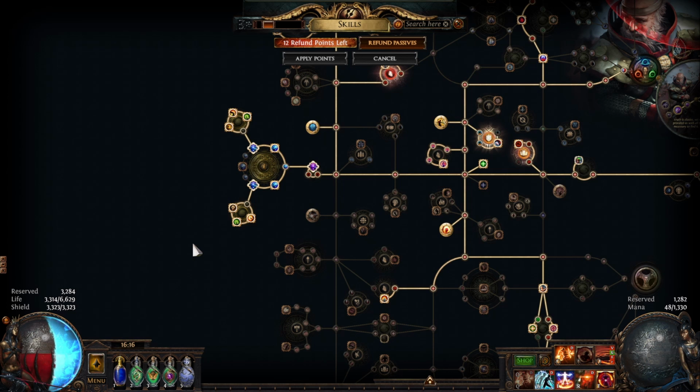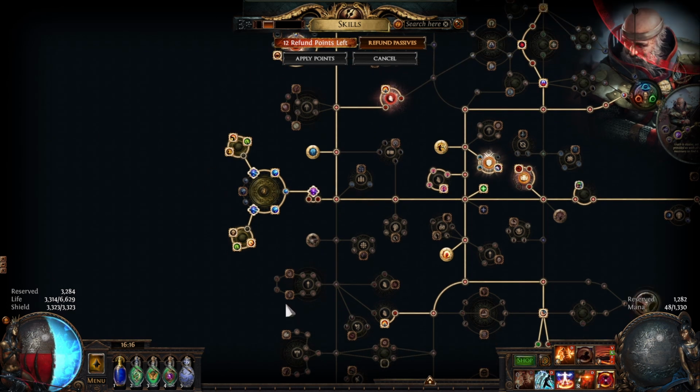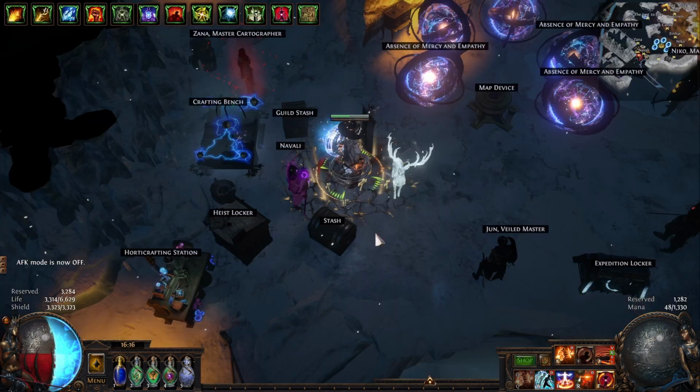So just getting Culling Strike for free would be better than some of these, but I haven't found one that exists or is affordable. So that's my Cluster Jewel. You can set up differently. I did test